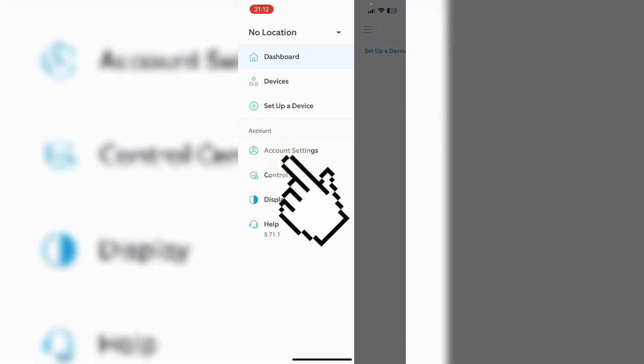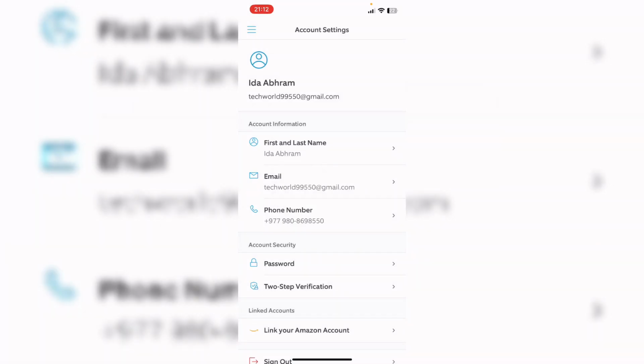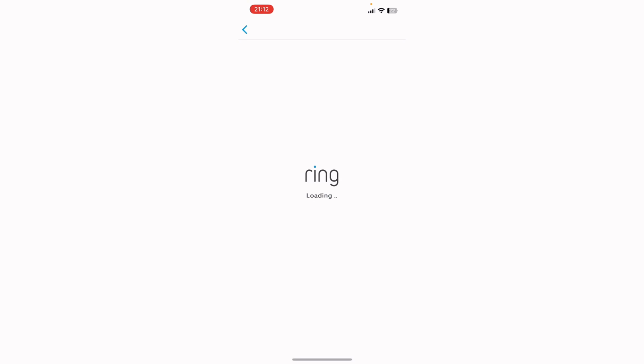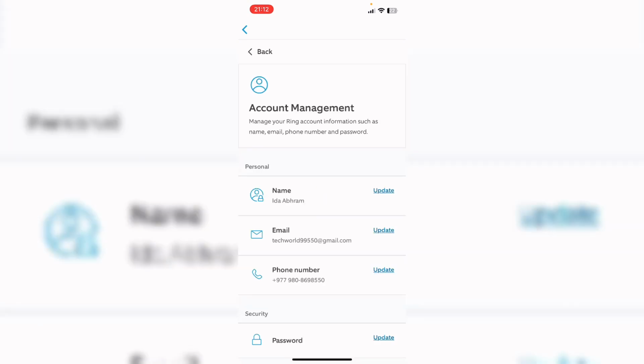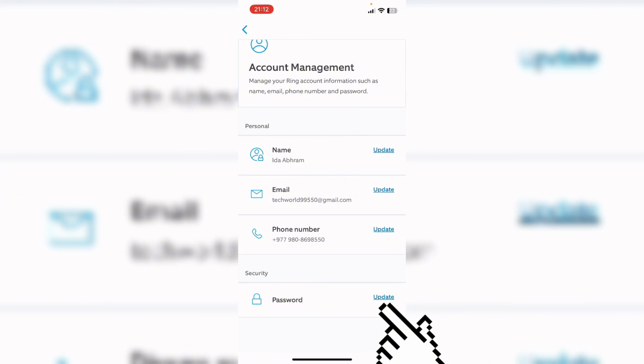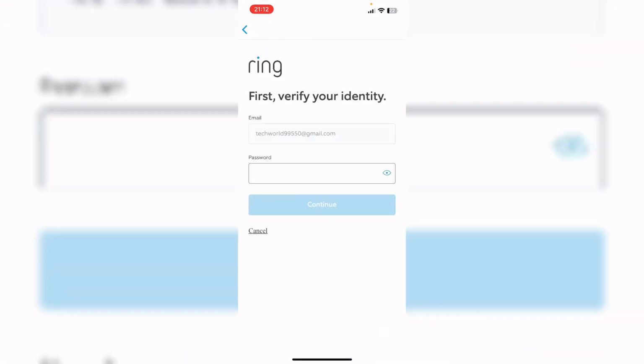So here go to account settings and scroll down. In order to update your password, click on password. It will navigate you to this interface. So in this interface, you can see password. On its right side, you can see update link. Click on it. It will navigate